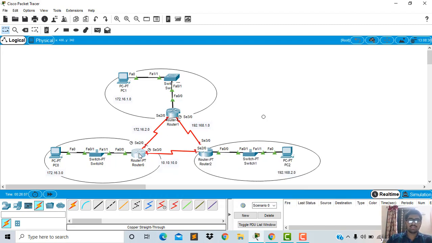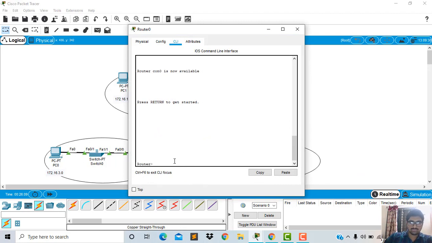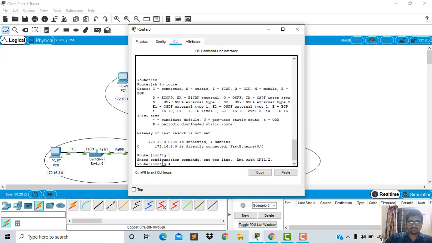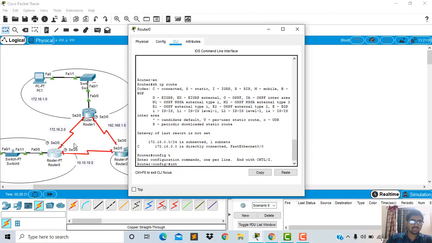Now what I will do, open router 0, the command is enable. First we will see what networks are connected with this 13.0. This PC is connected to that. Now we will connect router 0 with another router with int. Here we can see that to configure the connection between these two, there is